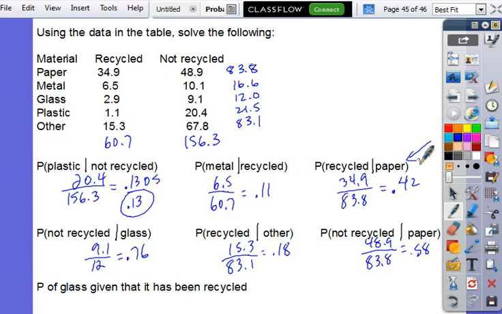The last one, probability of the glass, given that it's been recycled. So recycled is 60.7. Glass of that group, 2.9 divided by 60.7 is